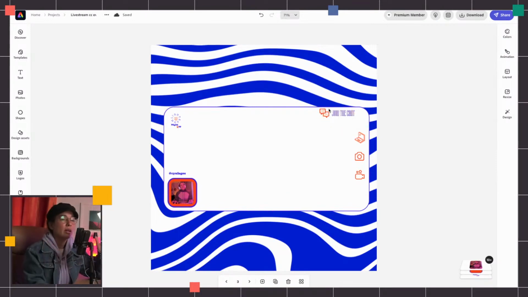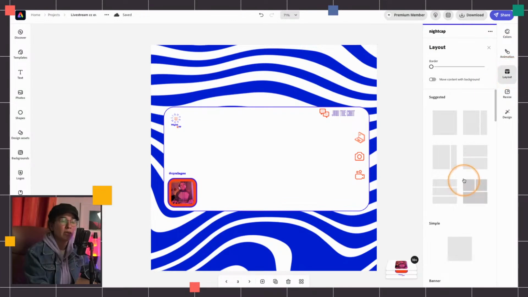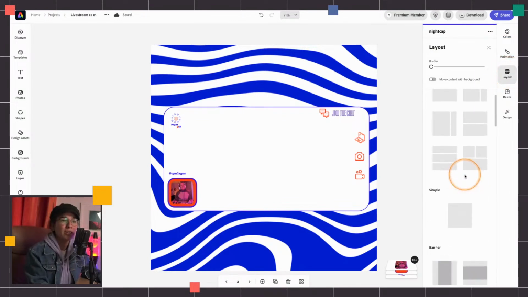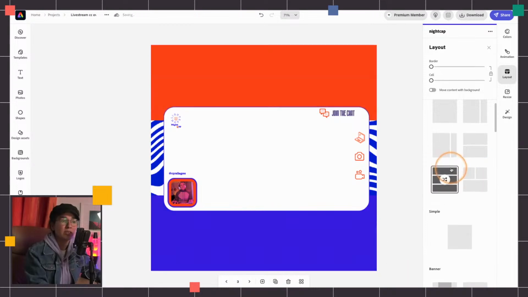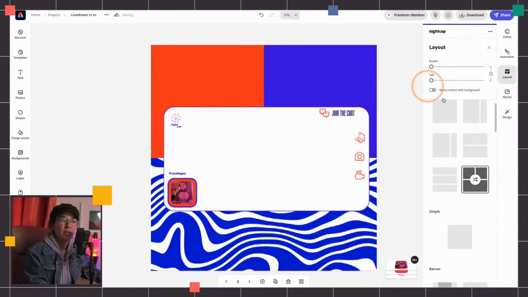We can do that, but we can also go in here into layout and do it in a faster way, right? So I'm going to go into layout and start to see how many other options I may have. So we're going to get to schedule this post shortly because this is already kind of going super fast. So I'm going to go into some of these layouts and start testing how it can play with the layout